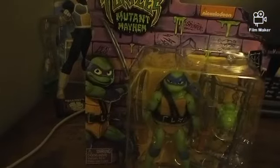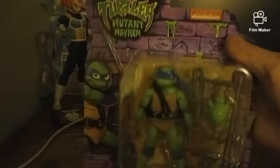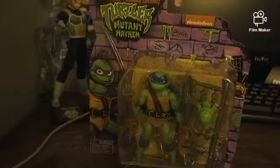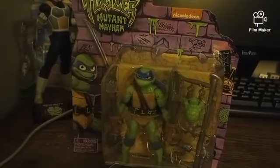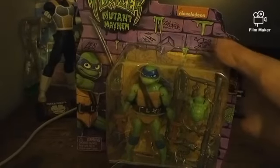And it is this guy right here. It is the Playmates Teenage Mutant Ninja Turtles Mutant Mayhem Leonardo action figure. I got this guy a little bit ago. I believe it was yesterday. Yep, yesterday, when an Amazon package of mine got here that got both my Blast to the Past DVD and